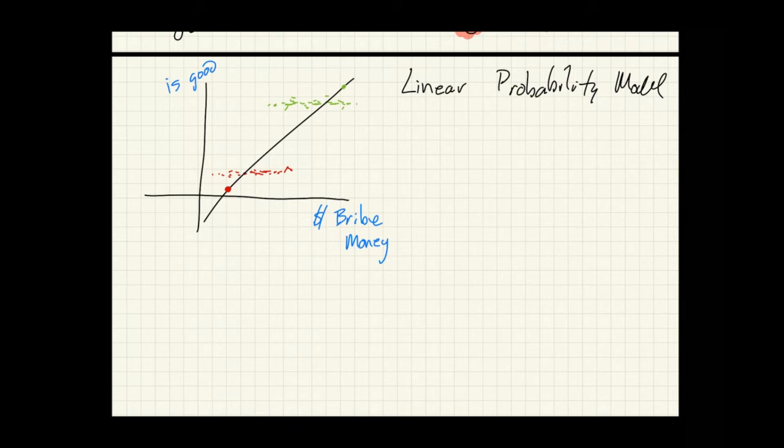In order for them to be real probabilities, they have to fall somewhere between 0 and 1. In this example, they don't. You've seen this as well in the workbook. So the linear probability model is just a linear regression on a binary outcome.